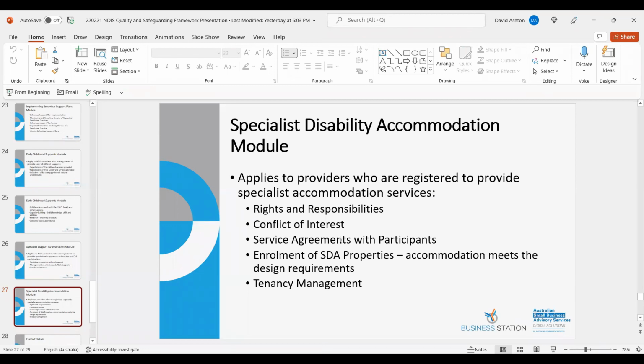You need to consider how you're going to work with other providers, how potential conflicts of interest are going to be managed, policies and procedures around violence and abuse, concerns about the accommodation, how a client can communicate those concerns to yourselves as the provider, how behaviours of concern will be managed, how changes to the participants' circumstances or supports will be agreed, communicated, arrangements for continuity of supports, how vacancies will be filled, including the participants' right to have their needs, wishes, choices and situations taken into account.